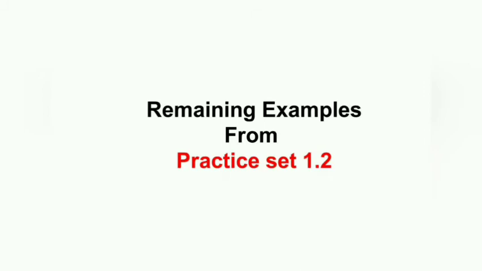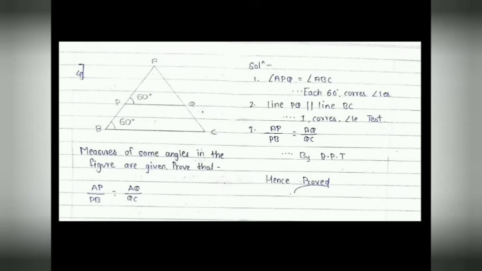Hello friends. Now we are going to take the remaining examples from practice set 1.2. Okay? Already we solved some examples. Now we'll take the remaining of them. See here. This is the fourth sum in which triangle ABC is there and PQ is in the middle, and two angles are given. Angle APQ is 60 and